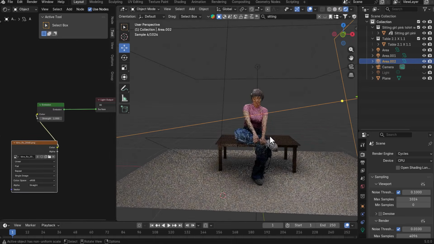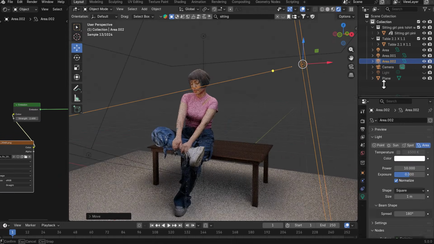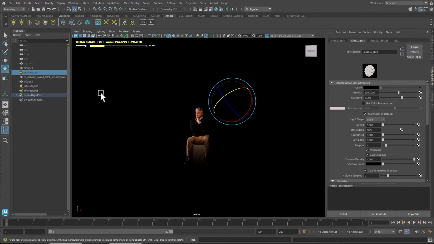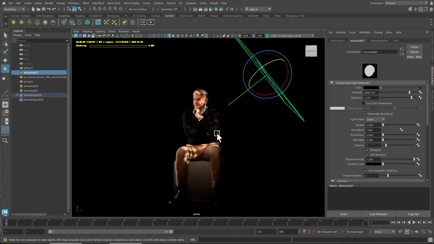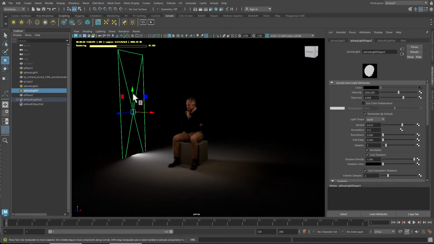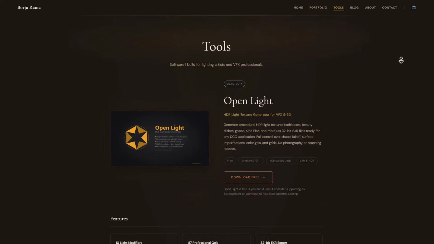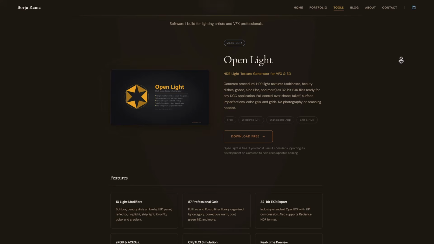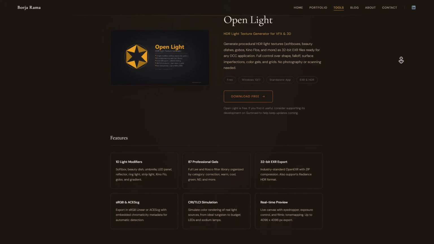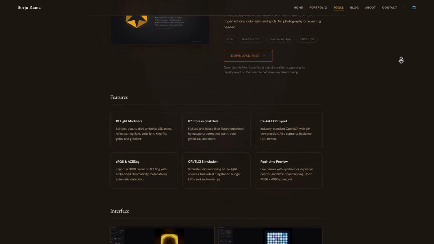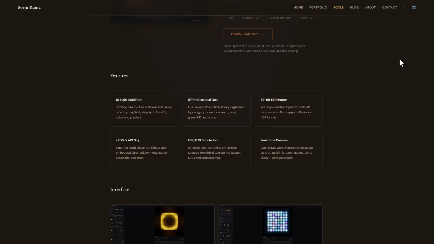So if you're looking for a pretty cool tool which you can use to create amazing looking physically plausible light modifier textures that you can use for most DCC apps, then of course the free OpenLight tool from Borja Rama is definitely one that you can grab right now and start working with, as this tool is built for anyone that is looking for a standalone desktop tool that can create physically plausible light modifiers that you can work with. And this comes with 10 light modifiers, 87 professional gels, 32-bit EXR support, sRGB and ACEScg color profile,